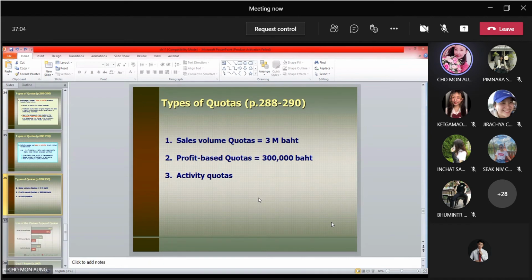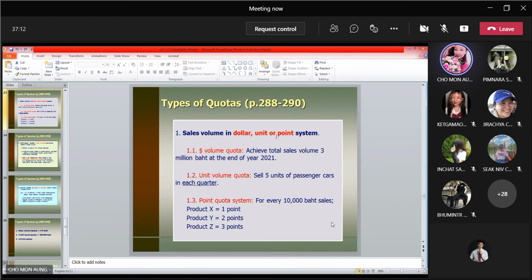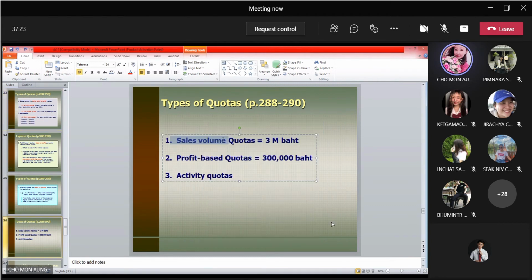Okay, so when we split into more details, for example, to achieve sales volume quota, just now I showed you that we have dollar volume, we have unit volume, we have point quota system. Okay, let's take unit sales volume quota. 3 million. This is in terms of amount of dollar, right? Dollar sales volume. In terms of dollar value. So what about in terms of unit? In terms of unit, then what we can do here would be, for example,